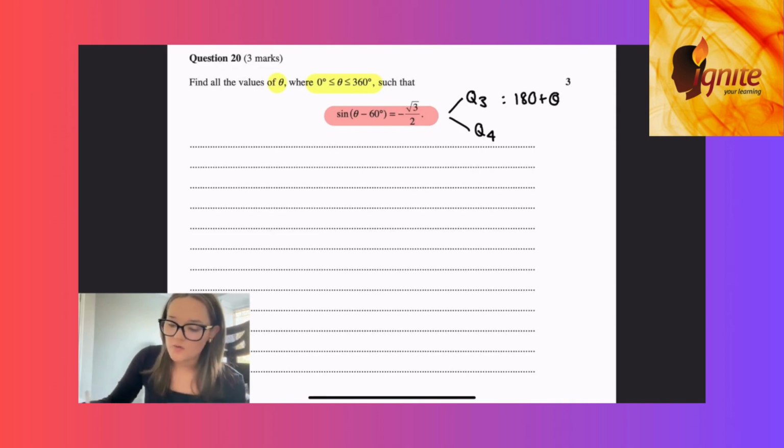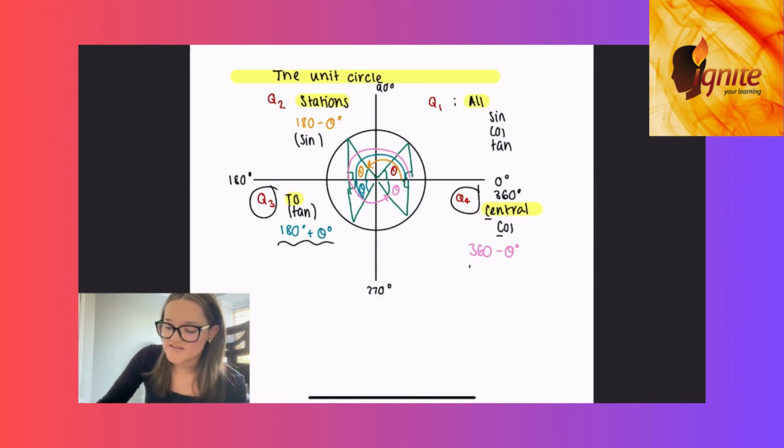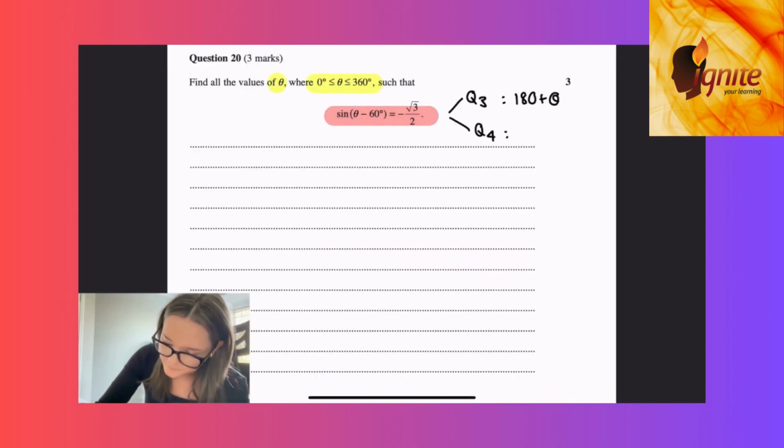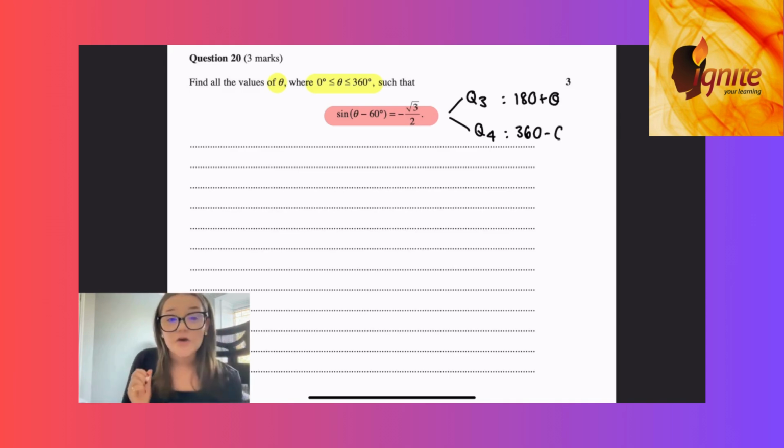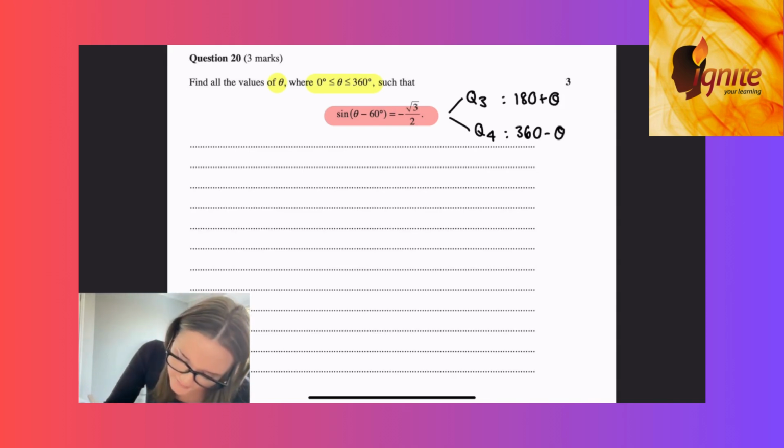And in quadrant 4, we said that my expression was 360 minus theta. So to find what theta actually is, we just find the inverse of whatever the ratio that they've already given to us. So since we have here that sine of theta minus 60 degrees is equal to negative root 3 on 2, our theta is going to equal whatever sine inverse of root 3 on 2 is, which we know is going to be